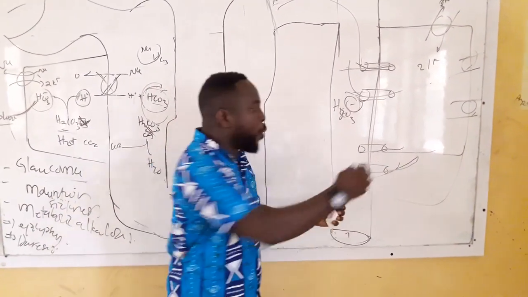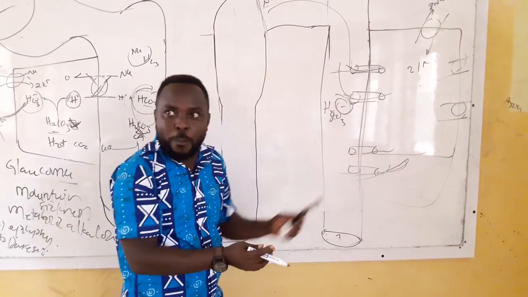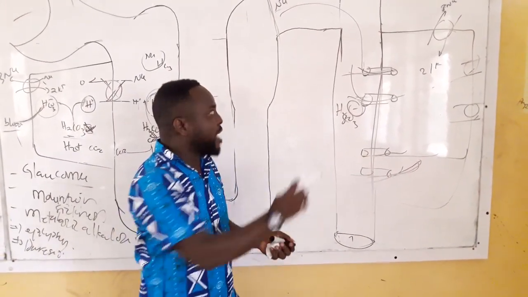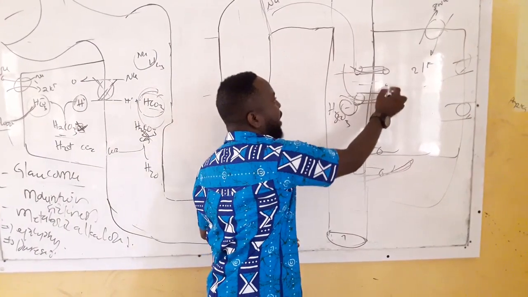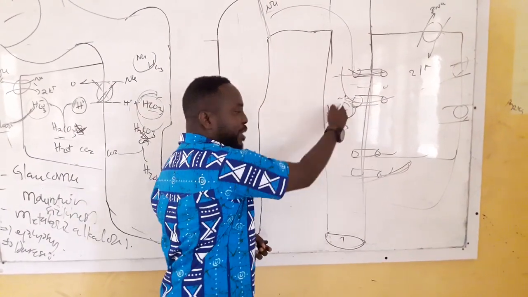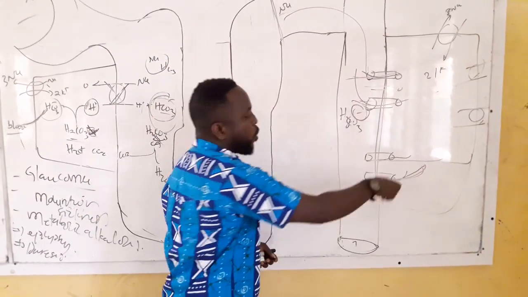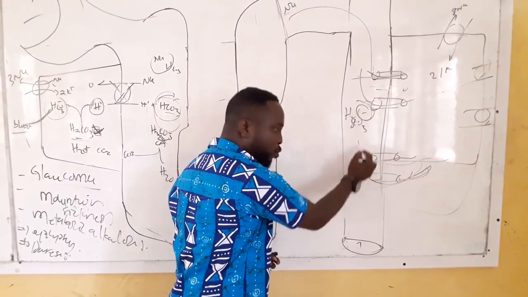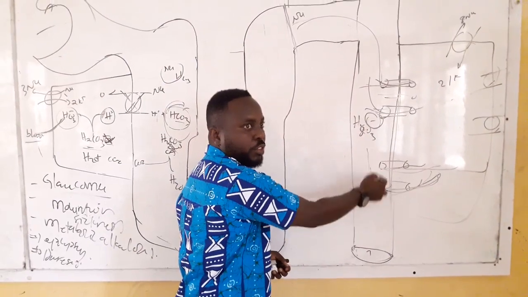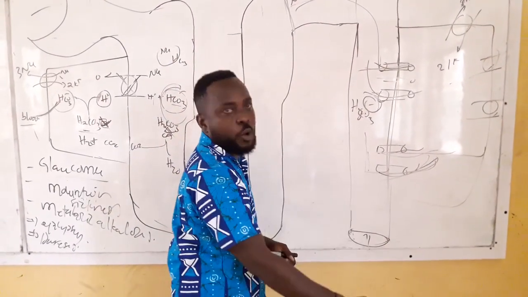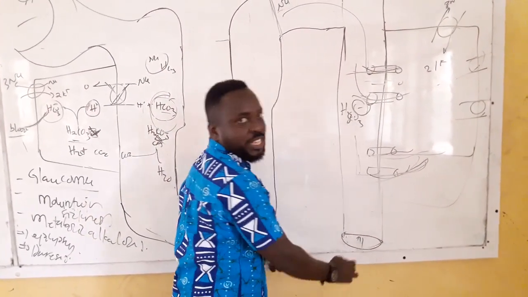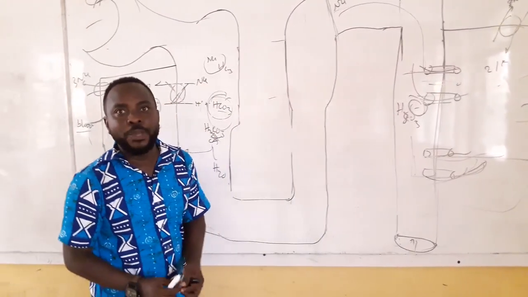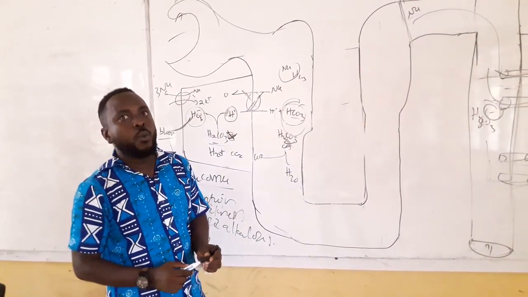And potassium is what? Positive ions. So we are going to lose more potassium because of what? The change in gradient. Are you okay? So aside from this channel taking in sodium, the change in gradient will also cause loss of potassium from the cell into the nephrons or the tubules. Then we lose potassium in addition to bicarbonate and some aspect of sodium. So this is how the carbonic anhydrase inhibitor will lead to loss